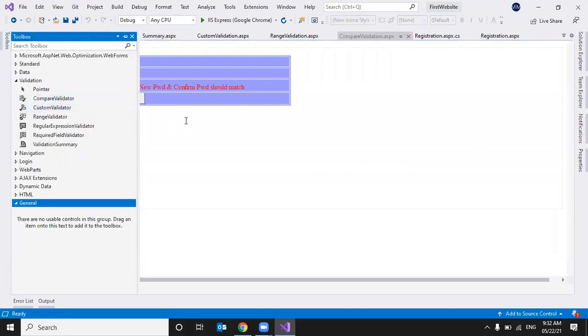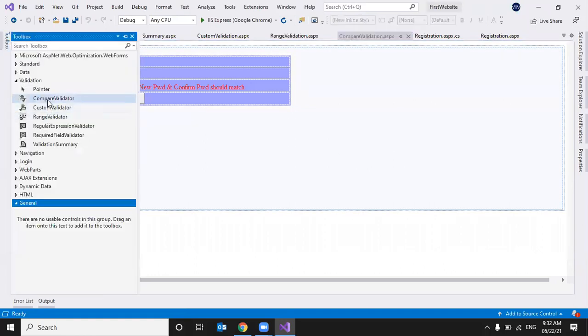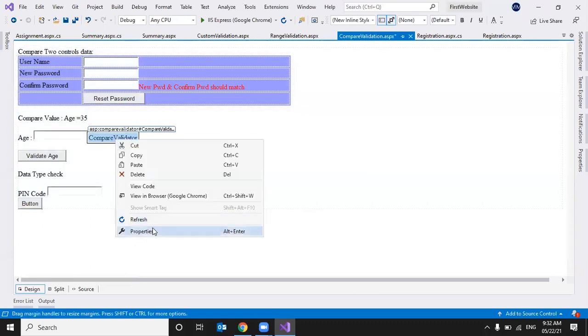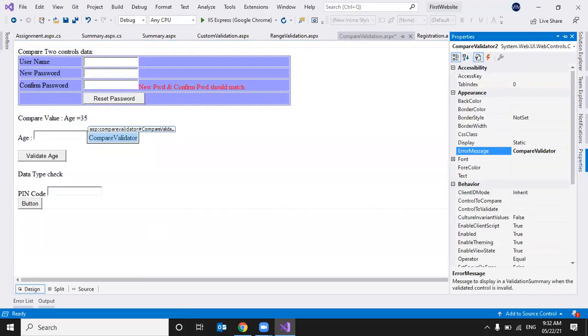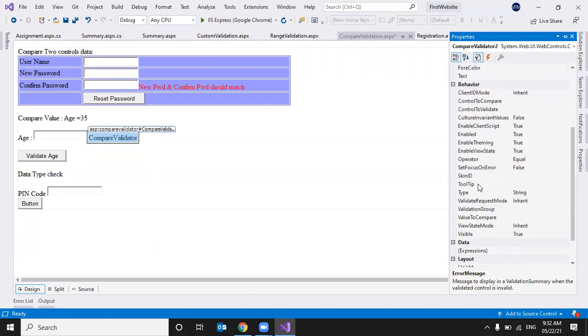Now I'll take a compare validator. Now I want to compare my input control data with some fixed value. Then I can set that value here. Suppose 35 is only allowed in the text box. I'll set the value to compare as 35.